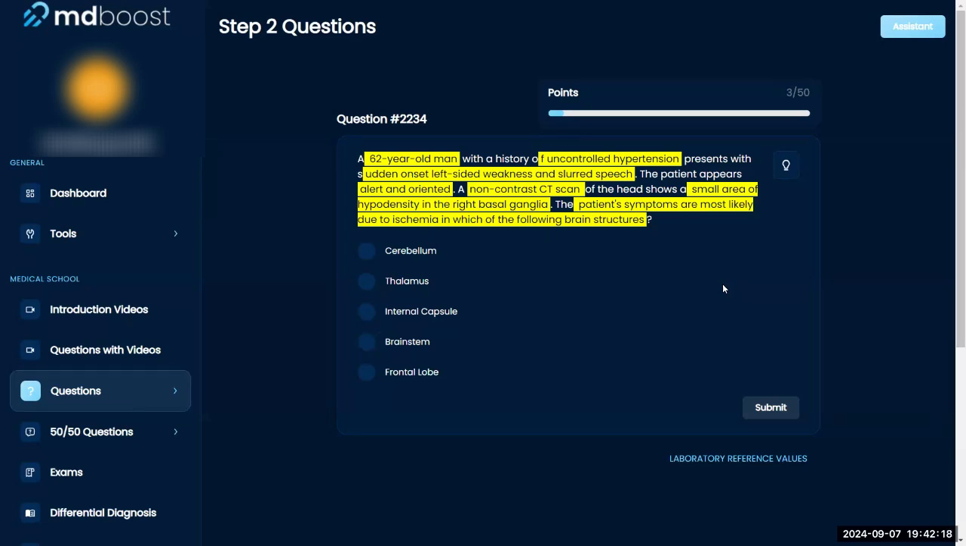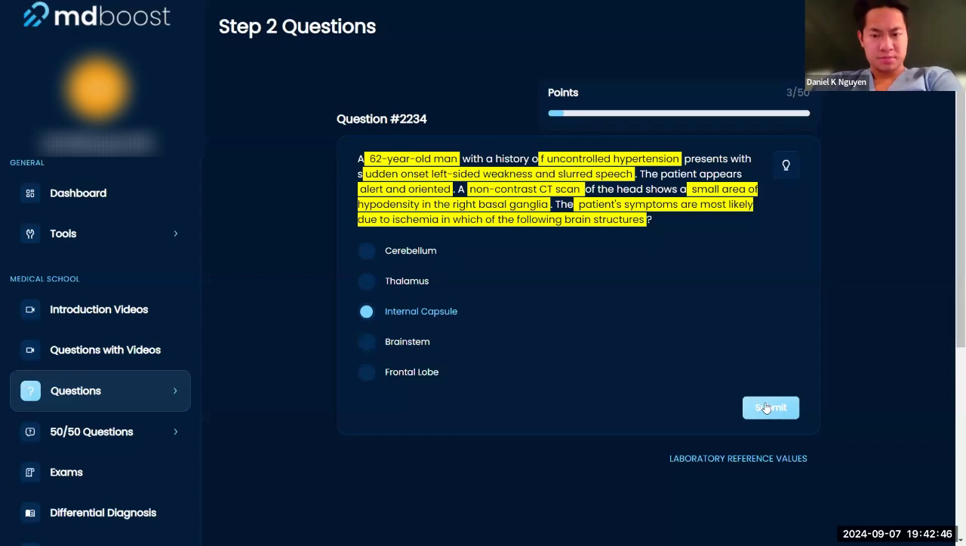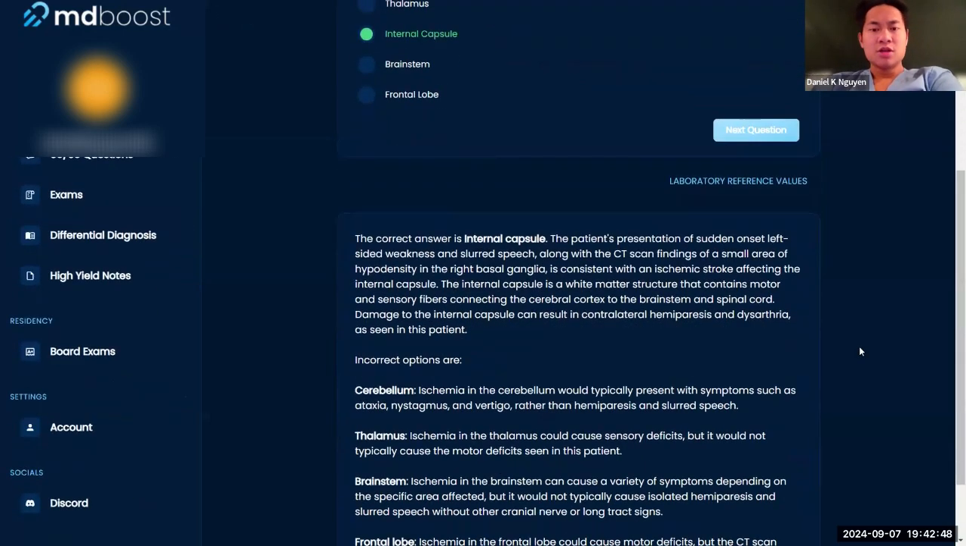Let's see if we can do some brain structures. Let's see. I'm down to, I want to say maybe internal capsule here. Okay. That's just my gut, and I don't really know why. Okay, so let's go with your gut then, huh? Yeah, let's go with it. Okay, good. So internal